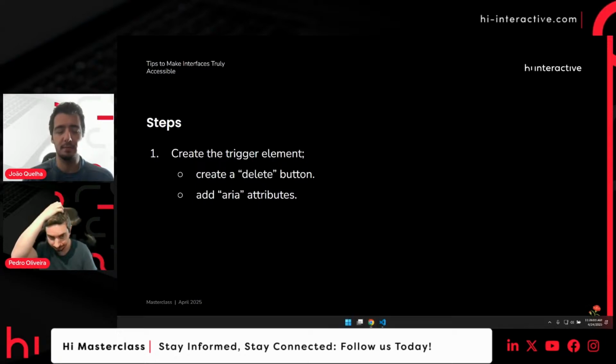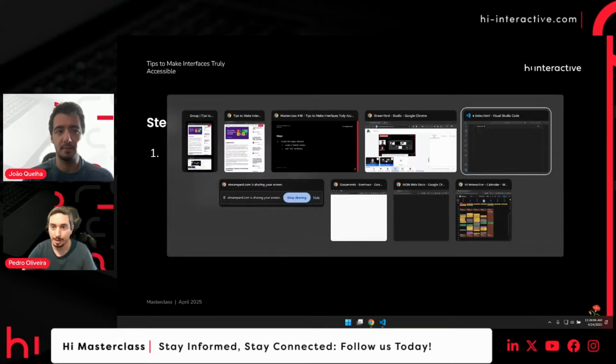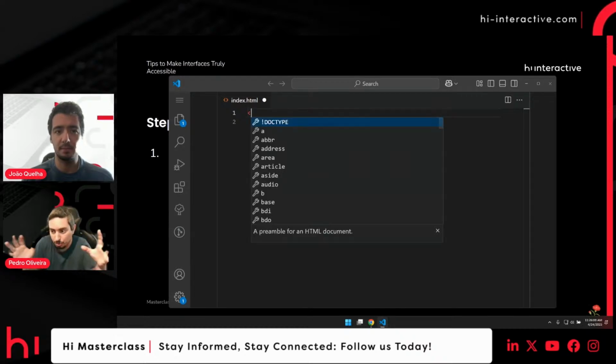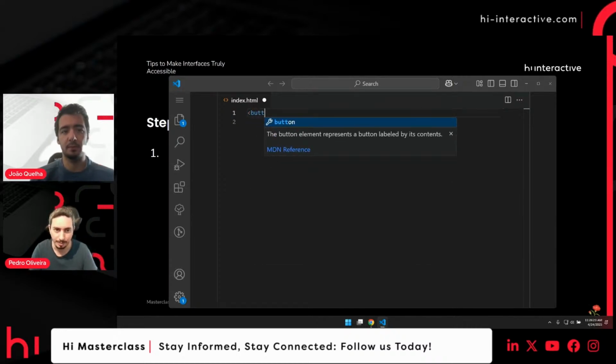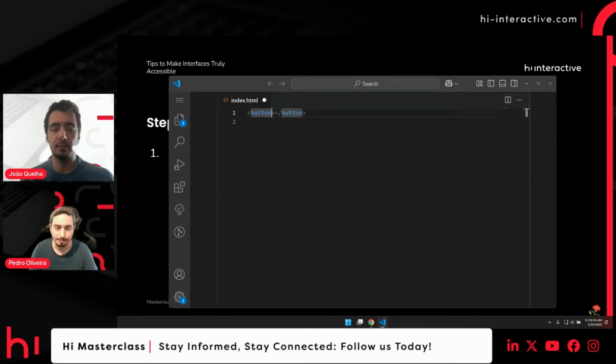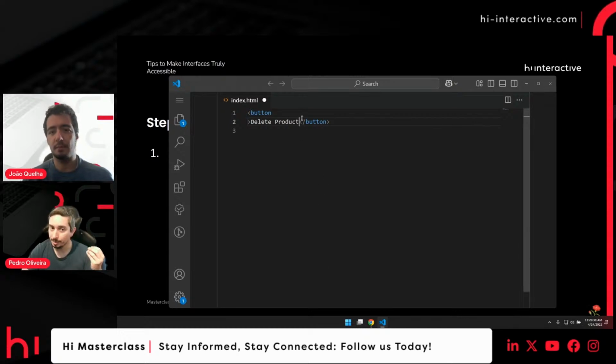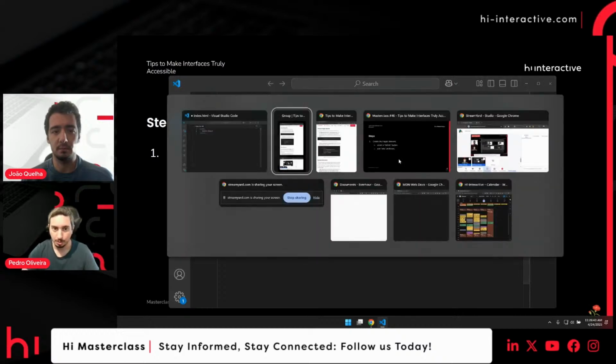For that, I'm going to show you very quickly. I'm not going into too much detail doing HTML or CSS or anything like that, but just to make it easier to understand, we can create a button, okay, and within this button, let's say, delete product. Okay, now that we have our button, we want to start to